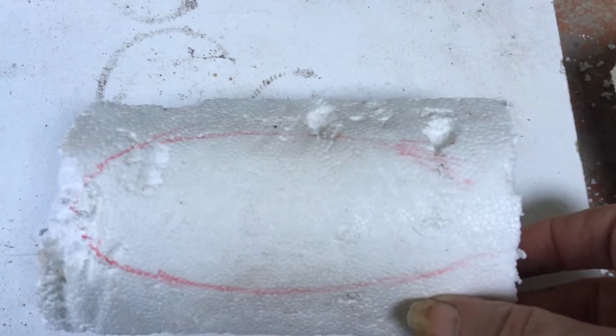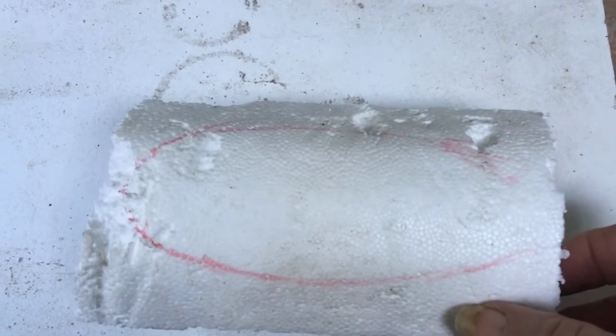So it gives it rather a nice finish. So as you can see there'll be quite a nice contrast for my dial. I've got some spare pieces of polystyrene, and I've just drawn a really elongated oval, and I'm going to be